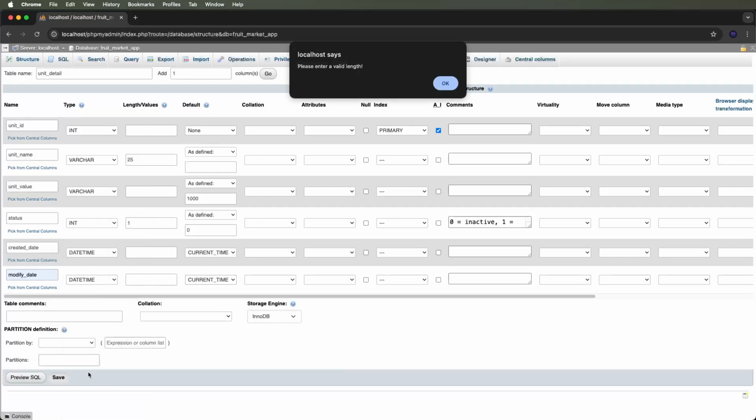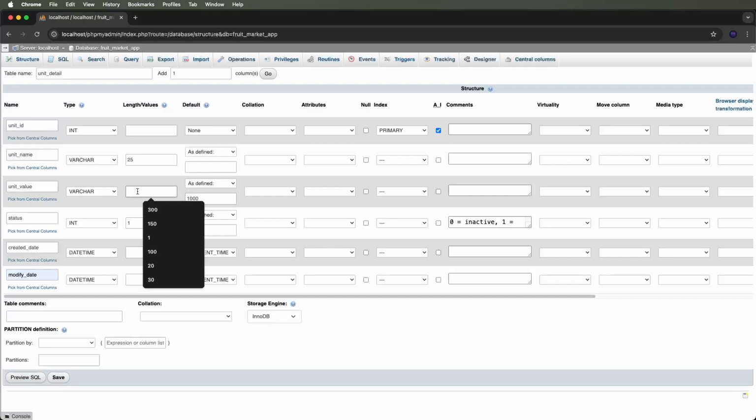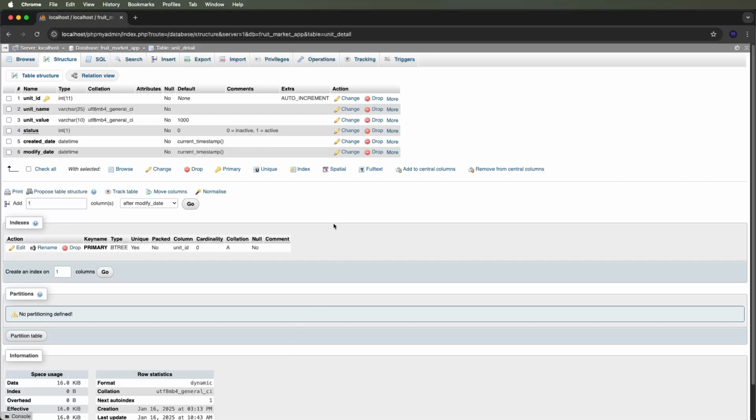And now save this, and give a valid length for unit. I set 20 is good, no, 10 is enough, and save. These are the tables. And tomorrow we will create the stores and the fruit tables inside the database,